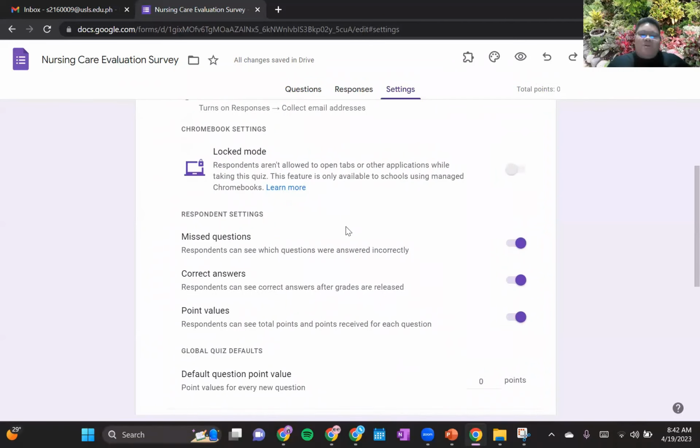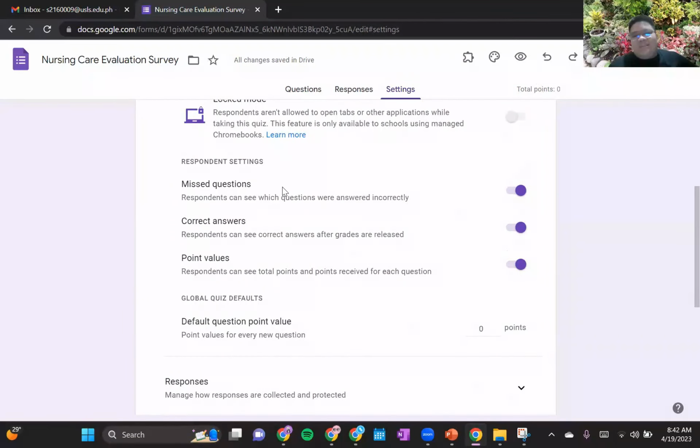Okay? Now, look at this, no? Respondent settings. Ano yung makikita mo? Okay? So you will be able to see missed questions, correct answer, at saka value points. If the teacher would want to avoid cheating again, pina-off po yan lahat. Okay? Ano pong ibig sabihin ng missed questions? Halimbawa, okay,